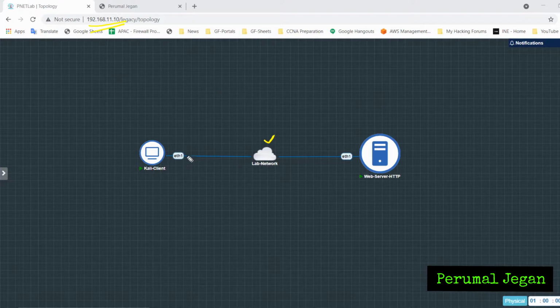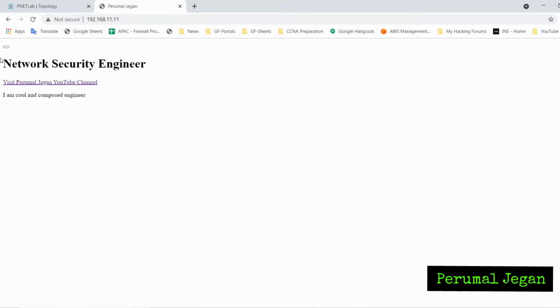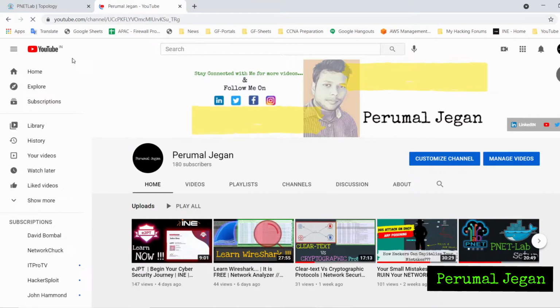So these two machines and my PC are in the same network, so I'll be able to reach both machines from my web browser itself. This particular web server is running on this IP, 11.11. So this is my simple web server. When I click this link, it redirects me to my YouTube channel.